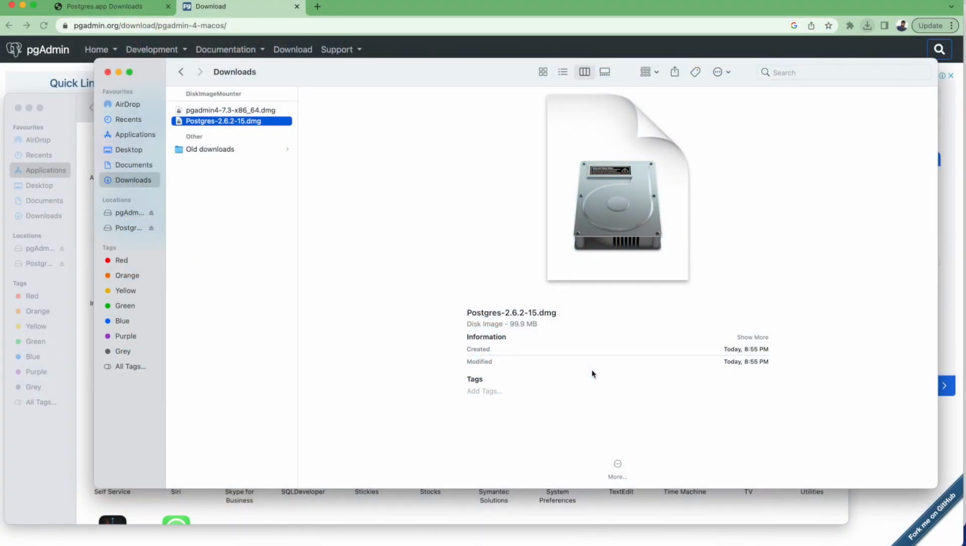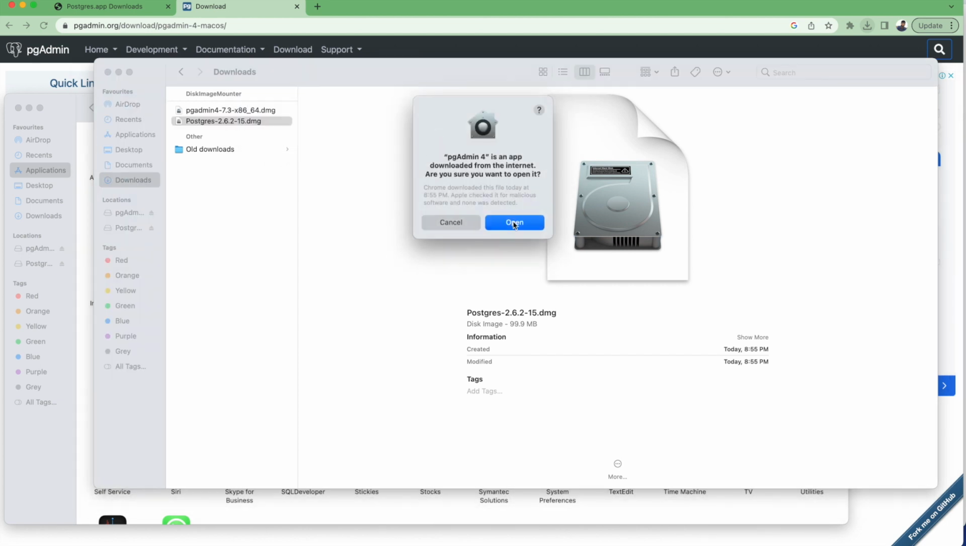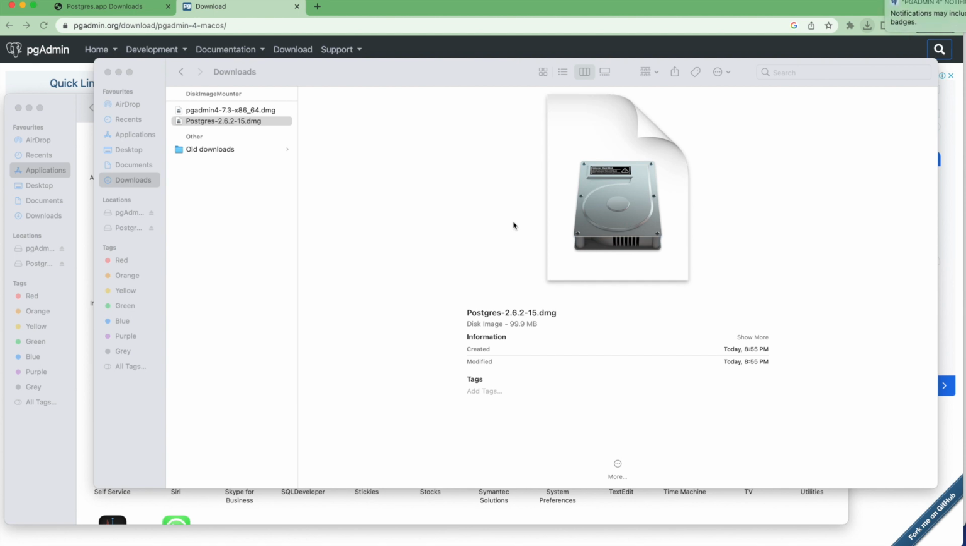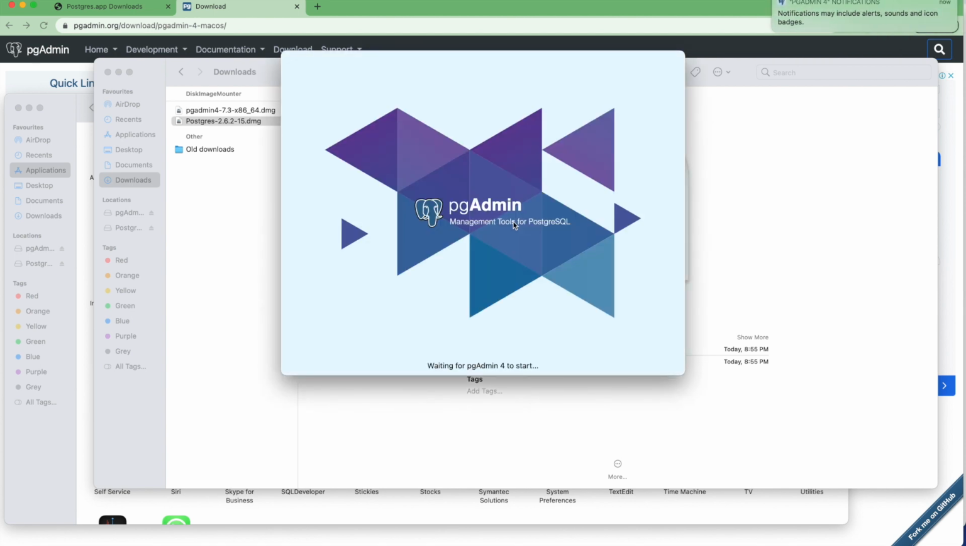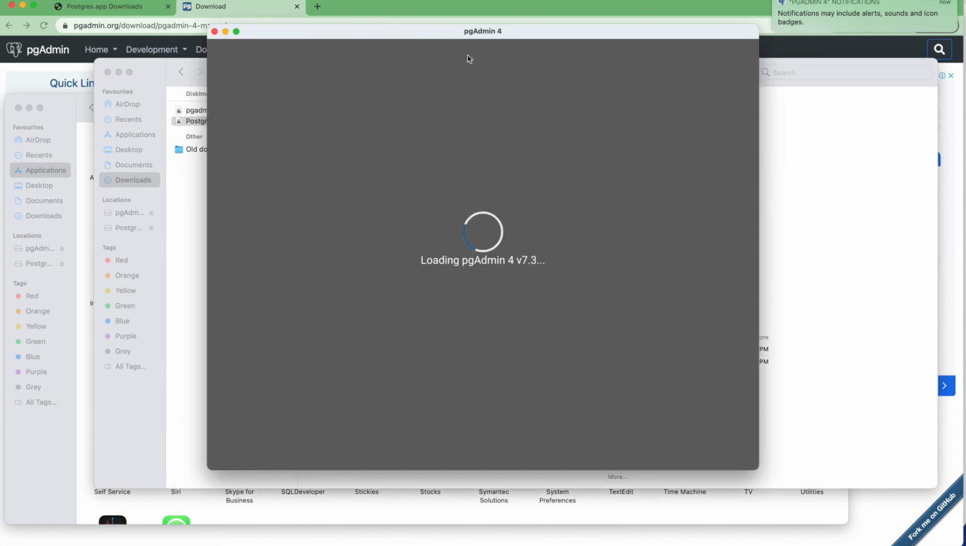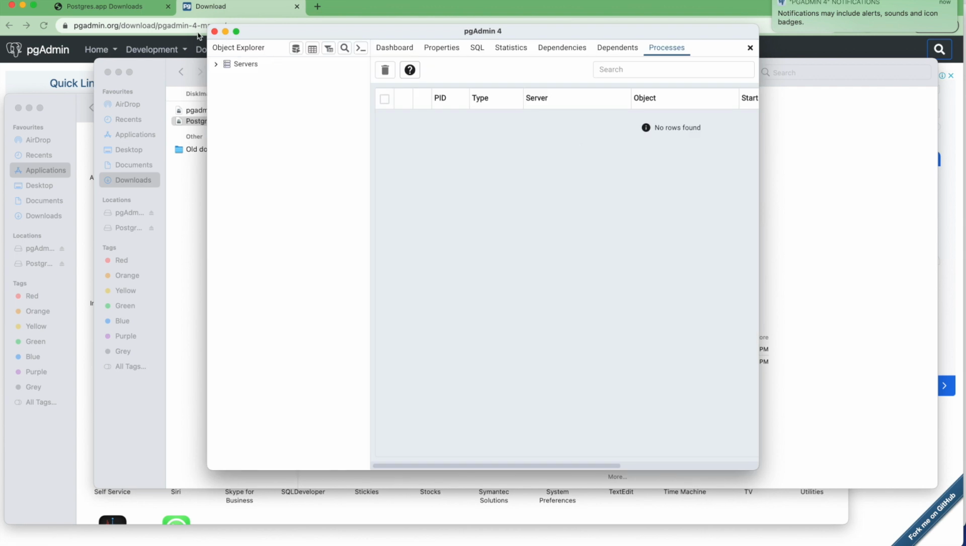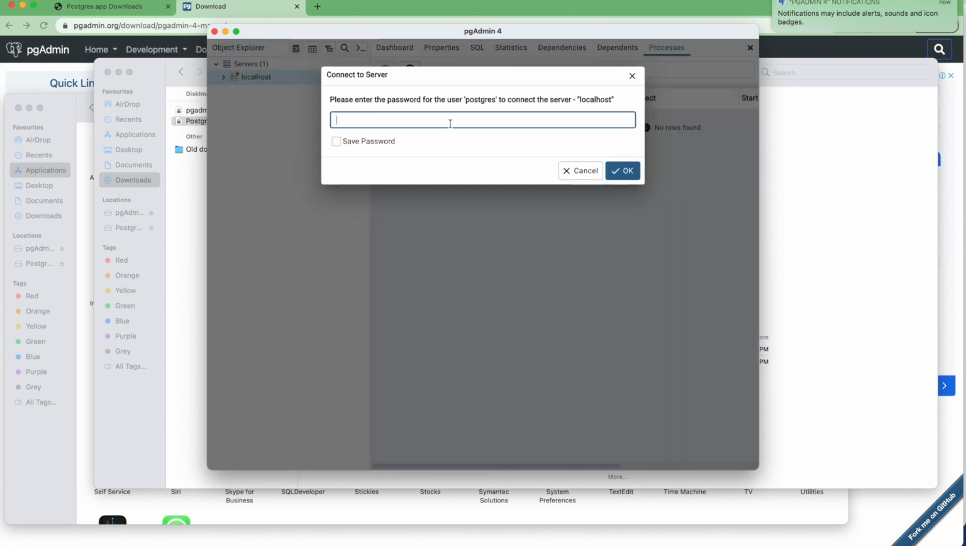So just open it. So like the same, it's asking for permission for the first time. So using this pgAdmin, we'll be able to connect to the existing Postgres. So here you can see the servers. So first time it will ask for a